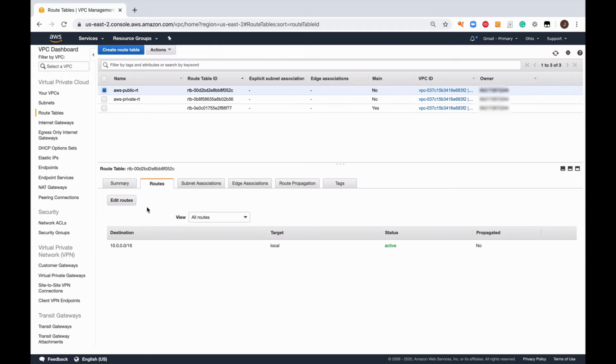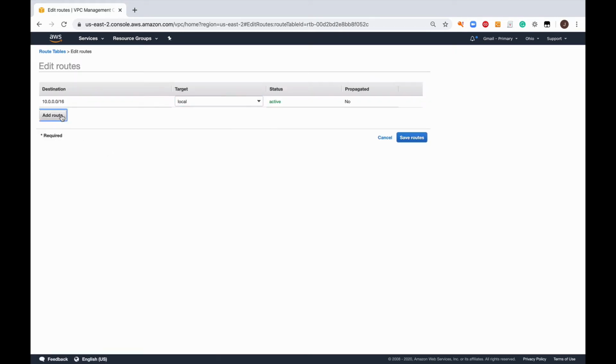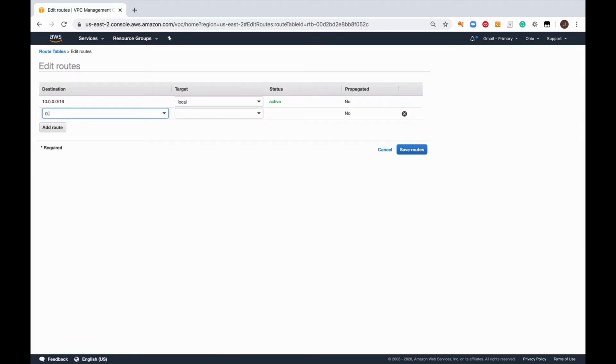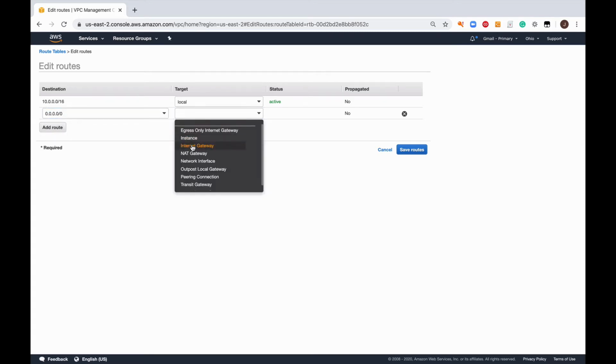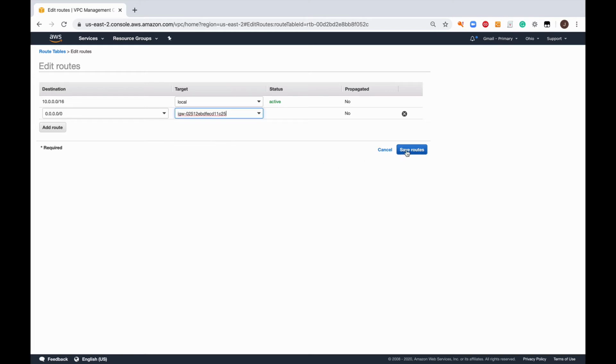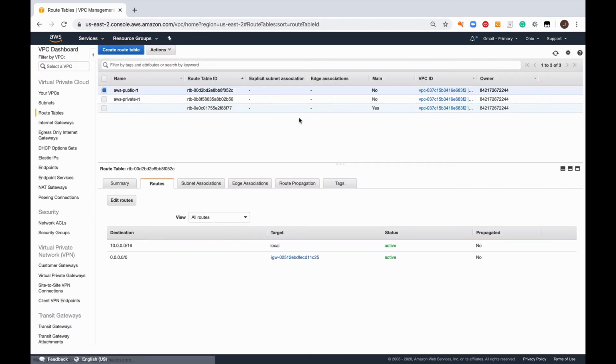So we're going to say routes, edit my route. We're going to say anything destined outside is going to go towards the internet gateway. Save my route. Now, one thing that we didn't do here, and I was trying to allude to, is this: